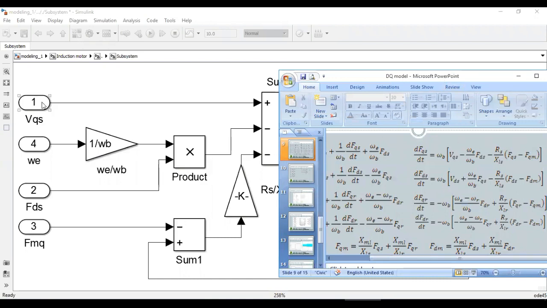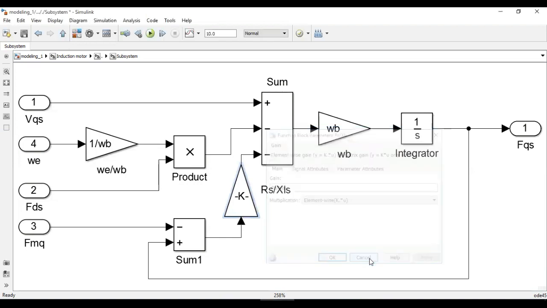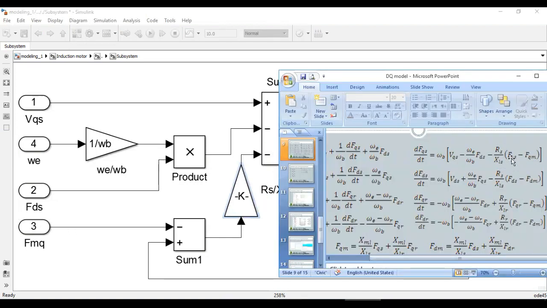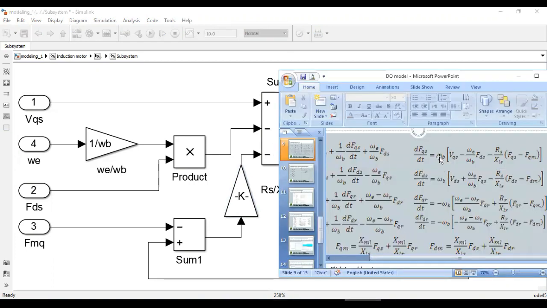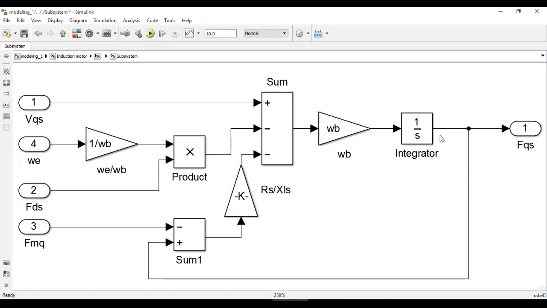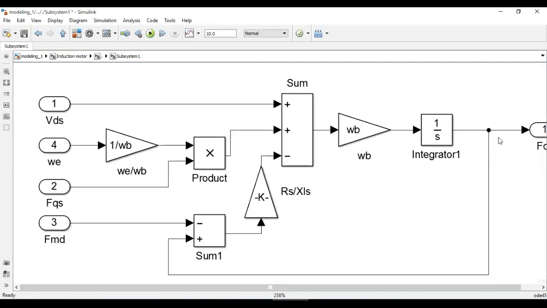So this is VQS, which you can see over here, and this is minus omega E over omega B FDS. So this is omega E over omega B multiplied by FDS. This is FDS, and it will be subtracted from this quantity. And here we will have another subtraction, which is available over here. So minus RS over XLS. This is RS over XLS, and this is FQM. Okay, FQS minus FQM. So this is FQS, right? This is FQS. This is minus FQM, and it will be given over here. And the whole term will be multiplied with omega B, and then this term is integrated, and the output of the integrator will be FQS. So this FQS will be fed back over here, and the same procedure is applied for calculating this FDS,